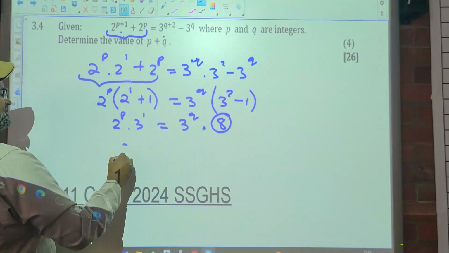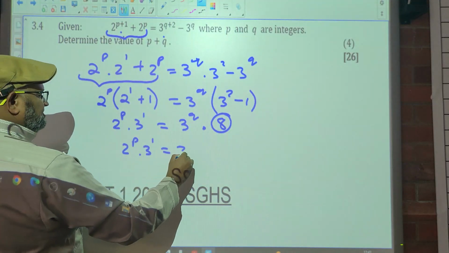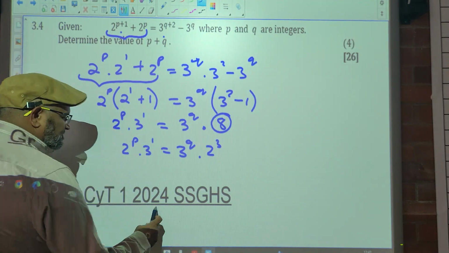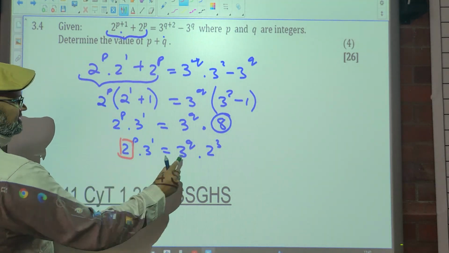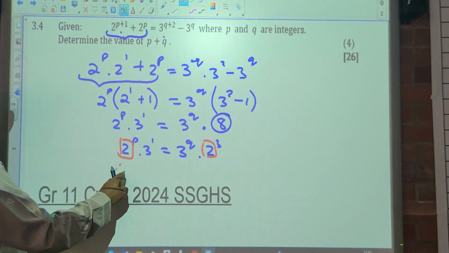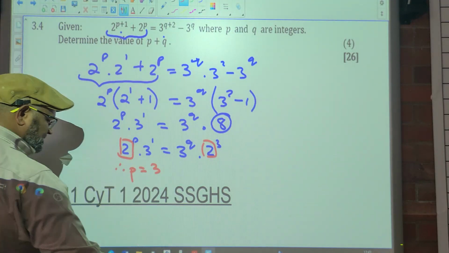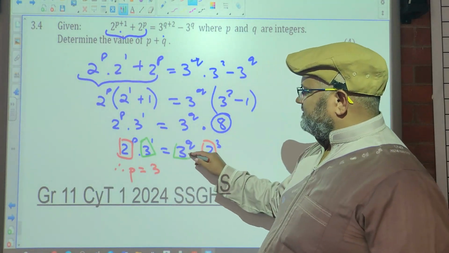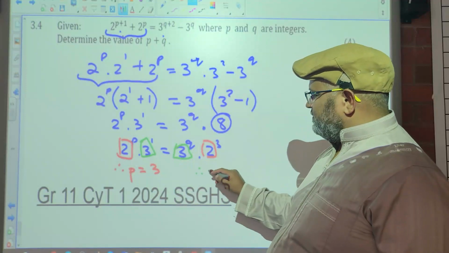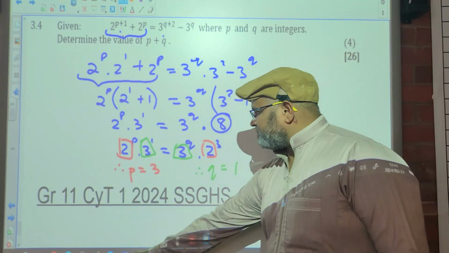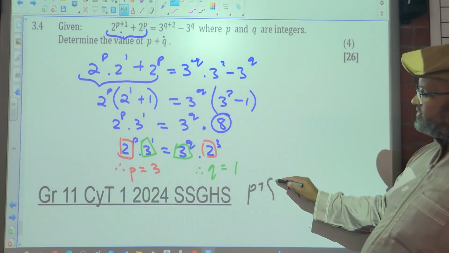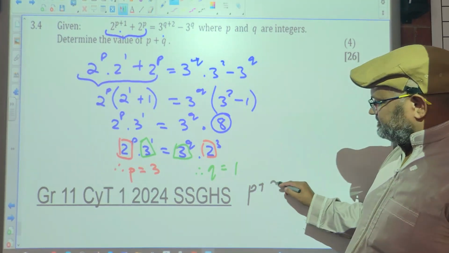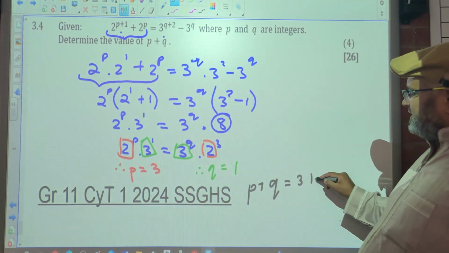People, 8 can be written as 2 to the 3. But what we notice now, when bases are the same, exponents are equal. So therefore p is equal to 3. What about q? When bases are the same, exponents are equal. Therefore q is equal to 1. But what was the question? P plus q. So that's going to be 3 plus 1, which is